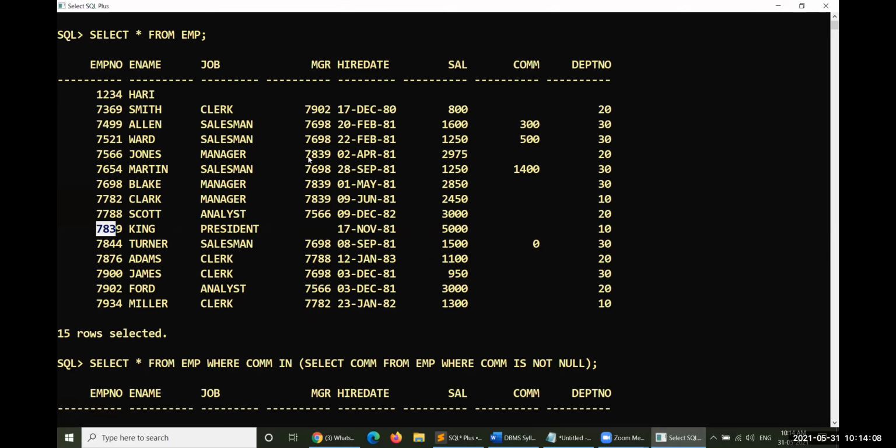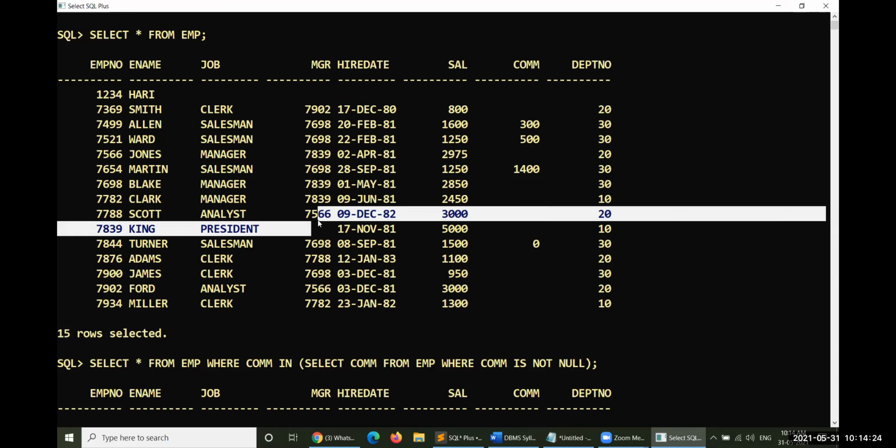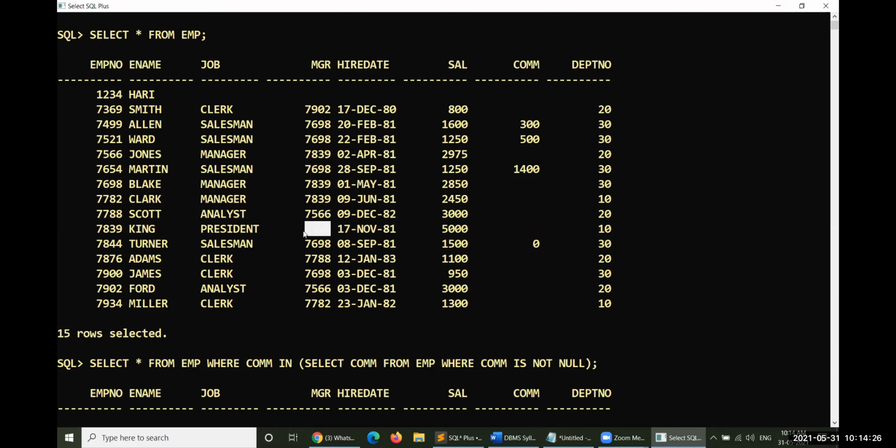If you observe here, 7839, 7839. So he is the subordinate of the president. This is a subordinate, and so on. Some hierarchy will be there here. Above this particular fellow, there is no manager or superior. Therefore, out of 15 rows, we have only 13 rows.